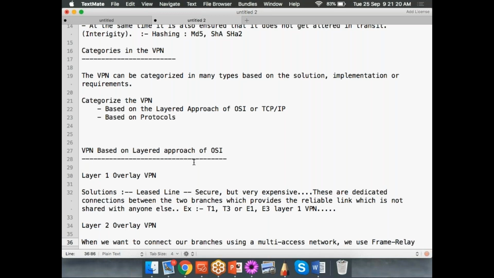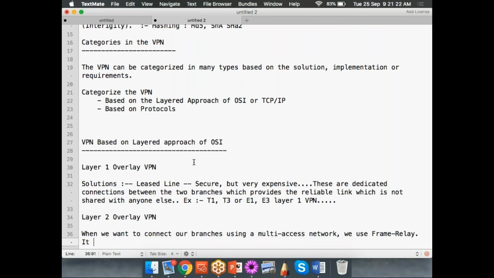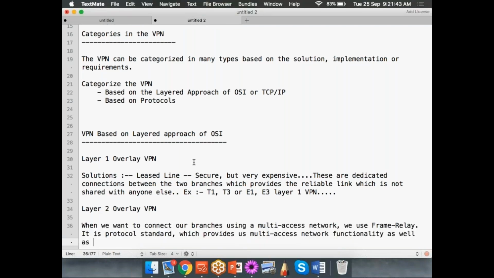Heard about this, I believe everyone, Frame Relay. It is a protocol standard, right, which provides us a multi-access network functionality as well as a secure transmission channel. Okay,